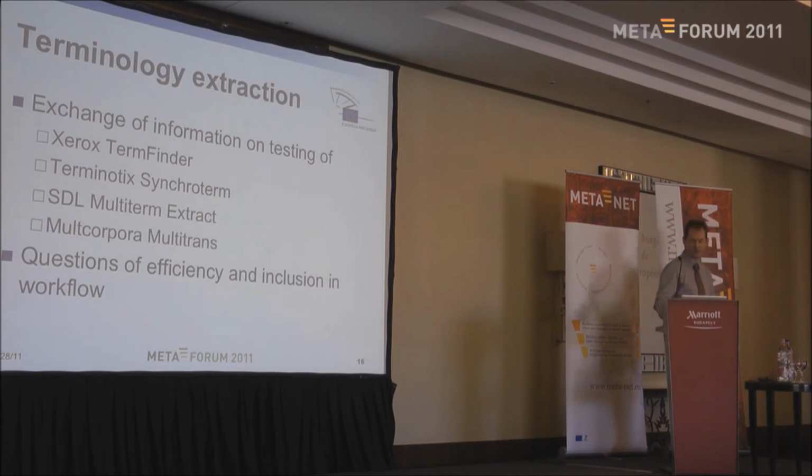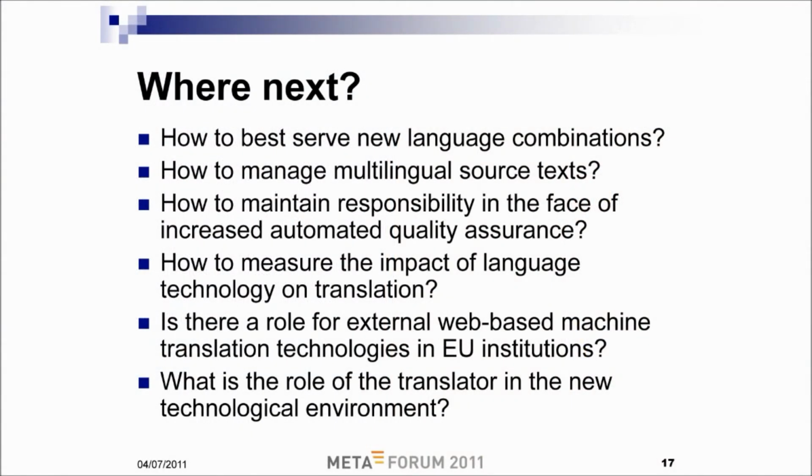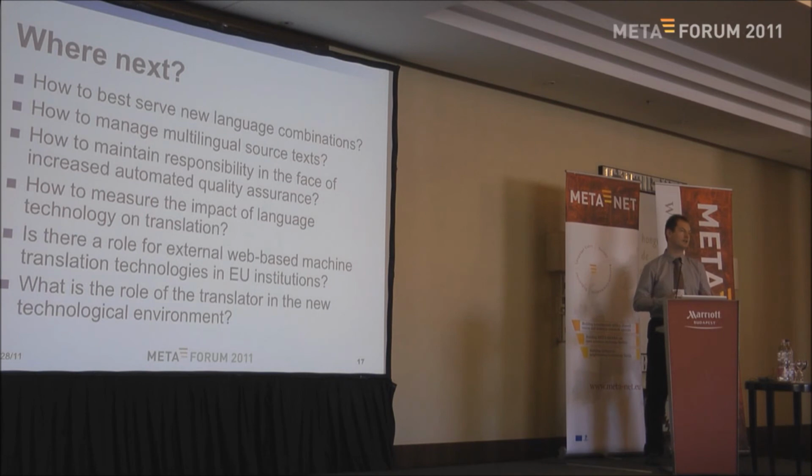So I just have one final slide, and really this is the one which I don't have the answers. I just have the questions. Where next? How do we best serve our new language combinations? We are looking at, Croatian may well come in soon. We're considering whether Icelandic will become an issue soon. Turkish. How do we integrate languages like that, new languages? Is there any way that we can more efficiently introduce Croatian, given that Croatian and Slovenian are quite similar languages? Could we apply such lessons to other languages such as Czech and Slovak?